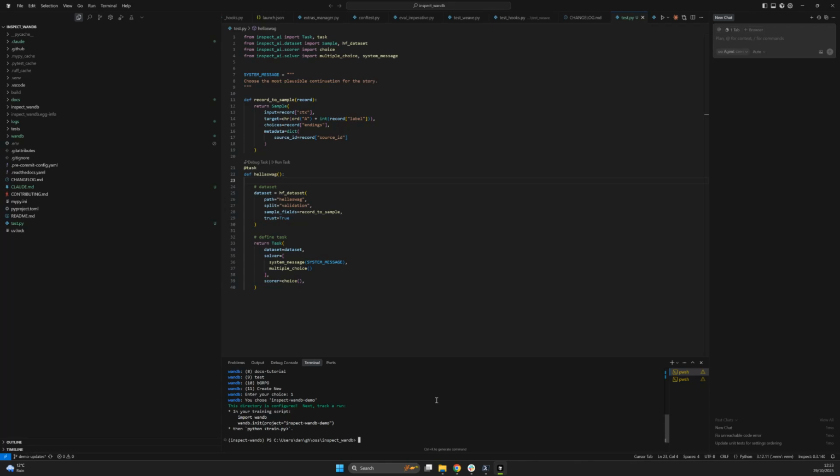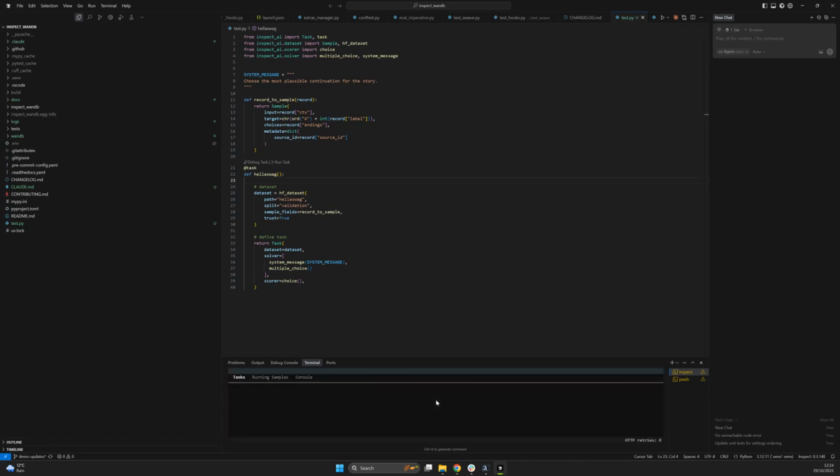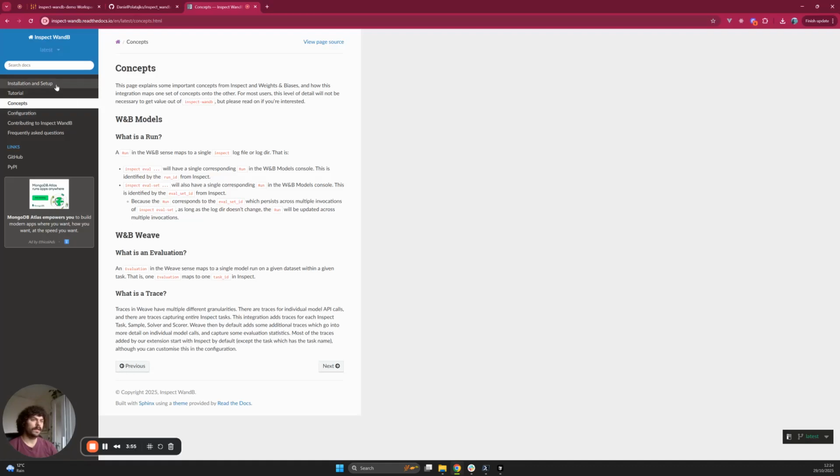So once you've installed the integration, the next step is just to run Inspect. And here we're going to run this evaluation for 10 samples on GPT 4.1 Nano and Claude Haiku. Because it's a relatively easy evaluation, I've chosen two models that are maybe not going to just get 100% on it, because that might make it a little bit more interesting when we do dive into the results. So while that runs, let me move back to the documentation and talk a little bit more about the